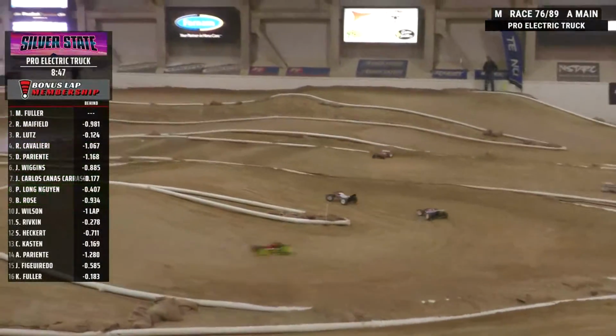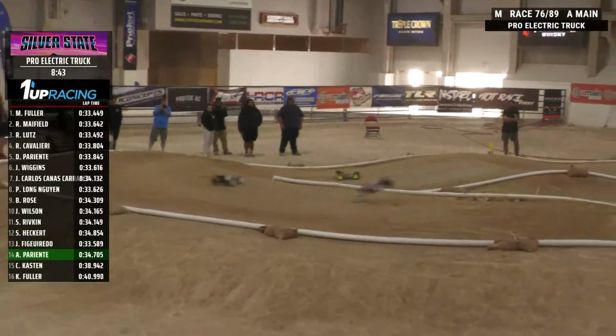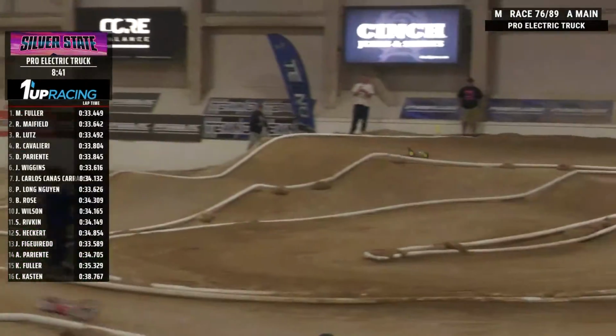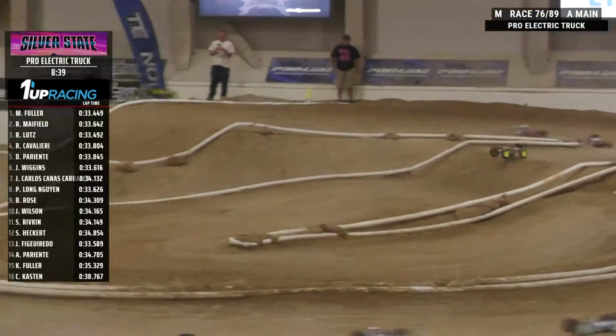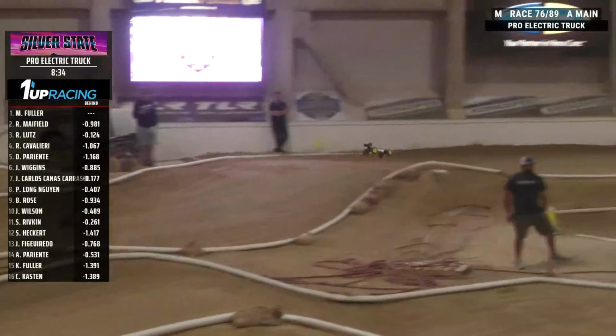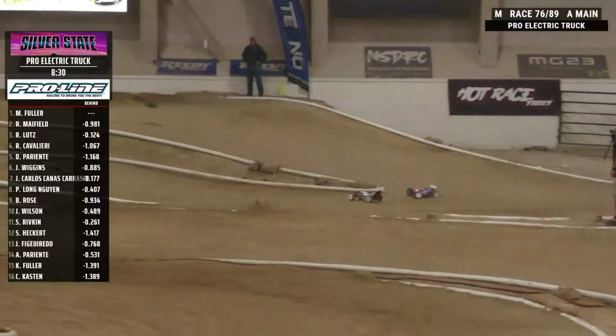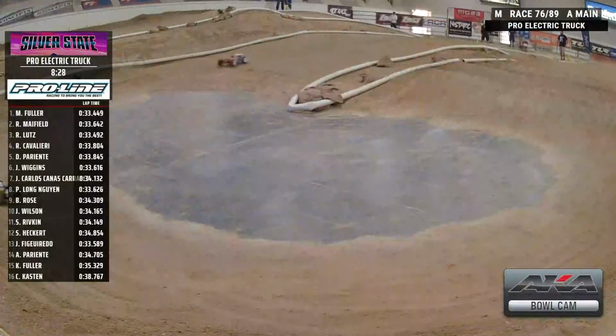Mayfield got a little crossed up coming onto the straight here. You saw Lutz close in. Lutz a fan favorite. Lots of Lutz votes here in the chat room. And as it is, Fuller has been the ace right now in electric. TQ'd electric buggy, TQ'd electric truck, took the win in buggy, now leading the way in truck as Mayfield and